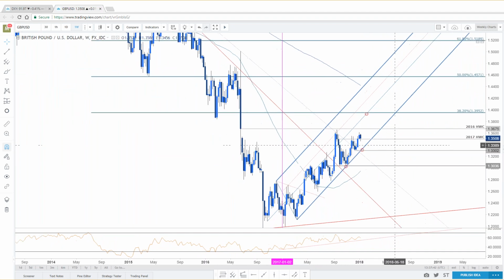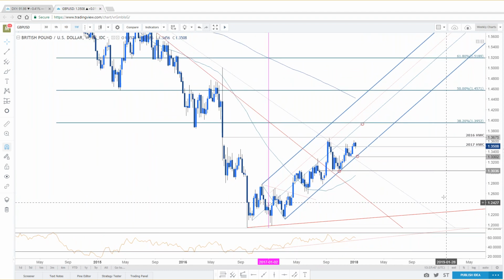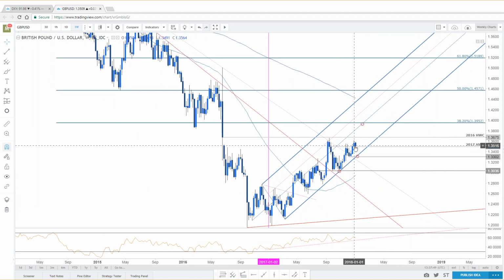That would leave the near-term outlook still looking vulnerable for the sterling, looking for the pullback. I'm not necessarily sure we'll get the full extension to that level, but this is the only thing that would turn me bearish on the broader trend. All things held constant, this is still just a pullback within the broader uptrend.